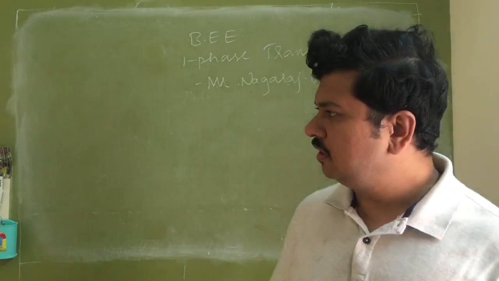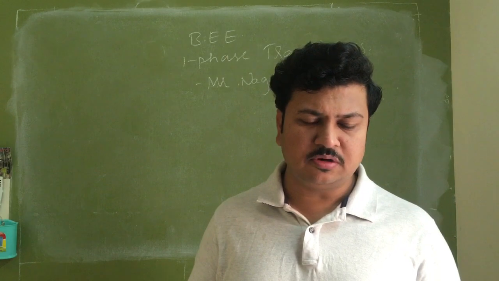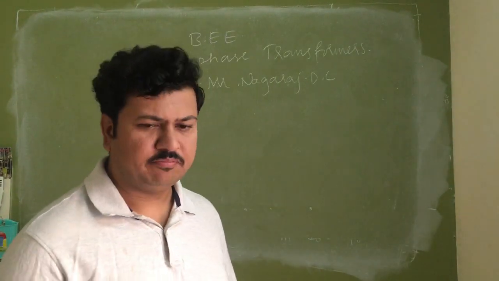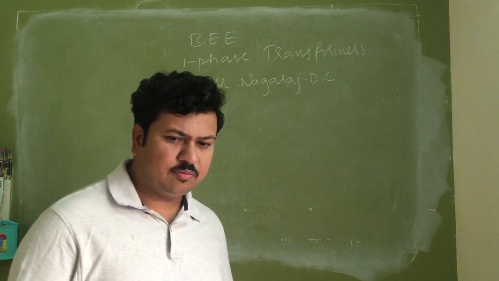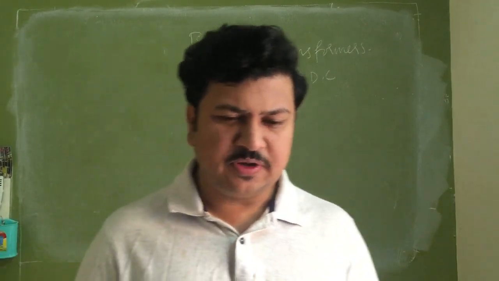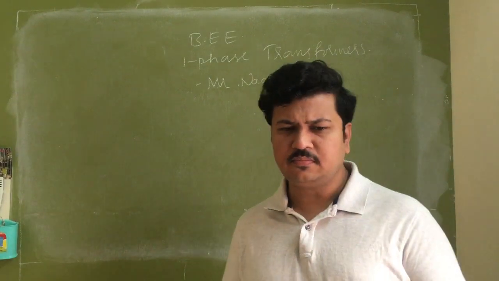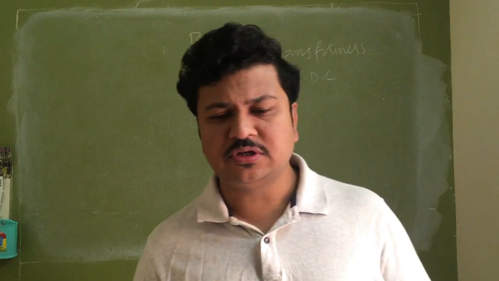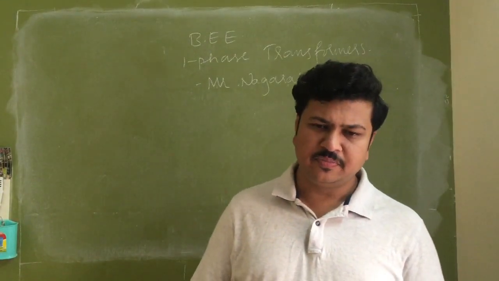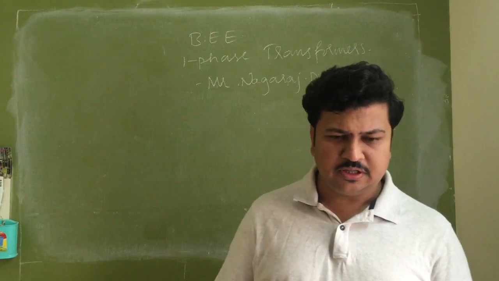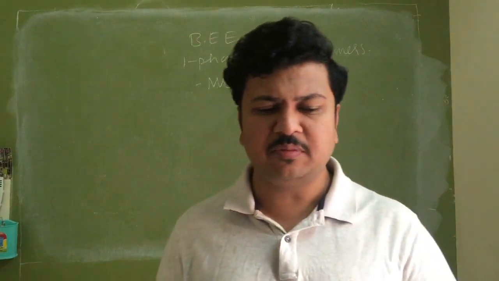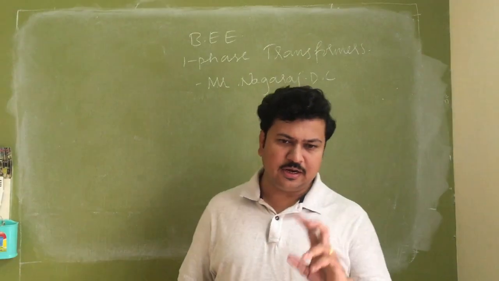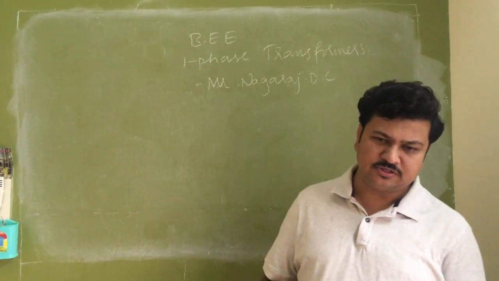So we got the two components of the current, the loss component and the magnetization component, IW and IM. The loss component IW is responsible for satisfying the losses in the core, and at no load condition only the core losses will exist. Copper losses are considered to be zero, because the current drawn by the transformer from the source is so small that I can directly neglect the copper losses at no load condition.